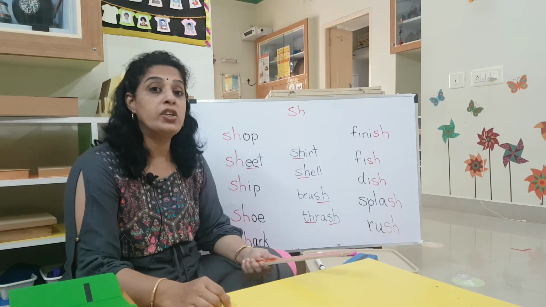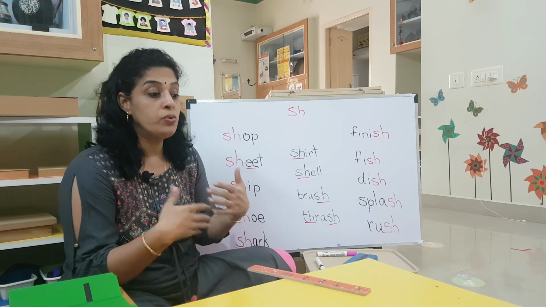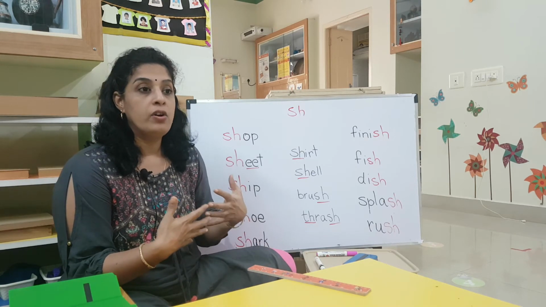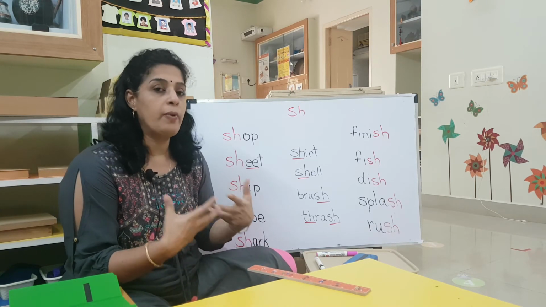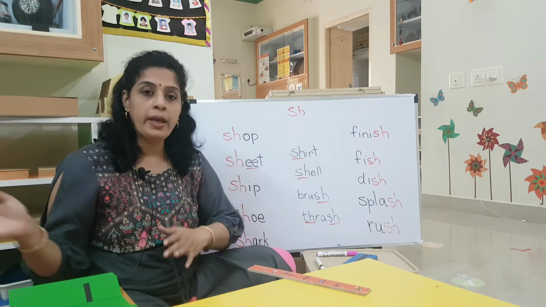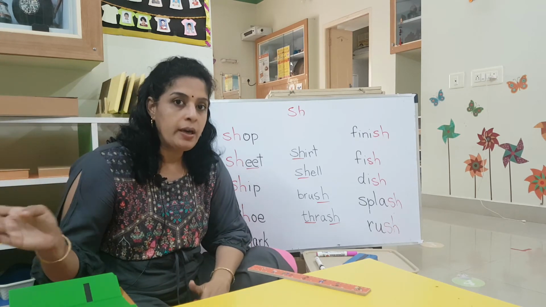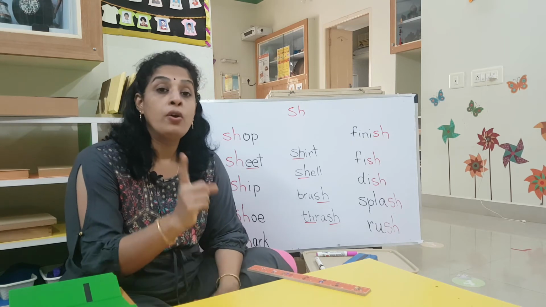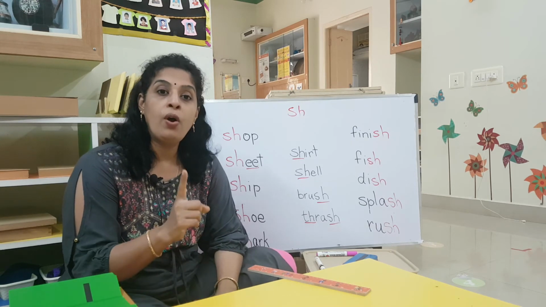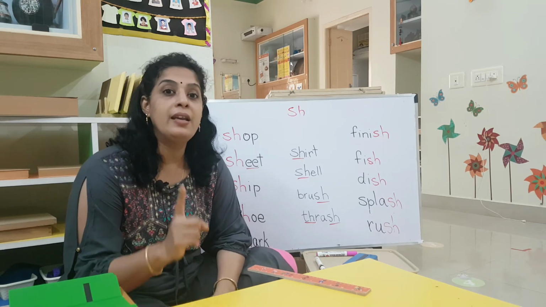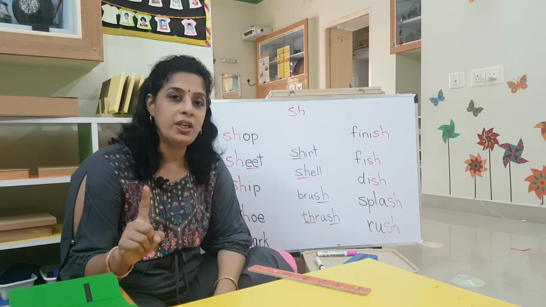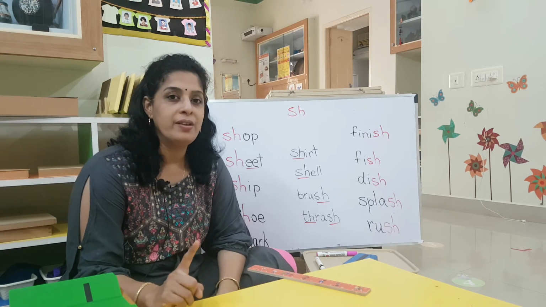Rush. Rushing means to do things quickly. Rushing means at least walking quickly. Like for example, when you're going out of school, when we're going down the stairs, what will you say? No rushing. You will all go one behind the other in a line. No rushing. அவசரமா போகக்கூடாது. Okay?